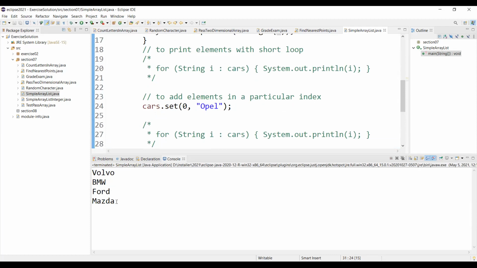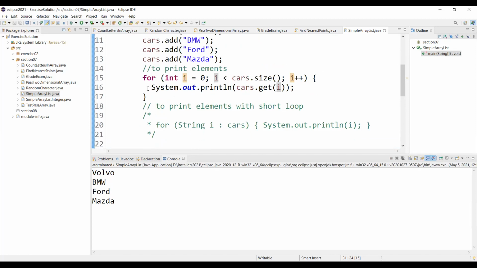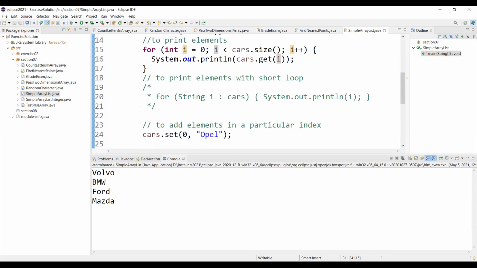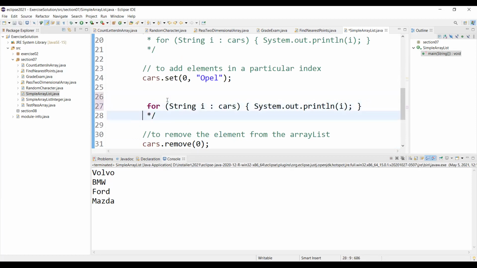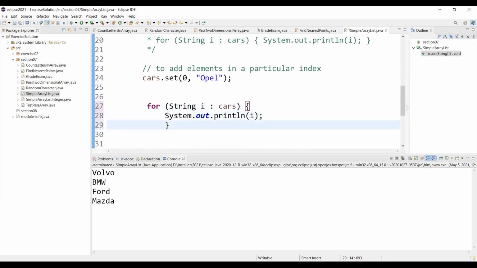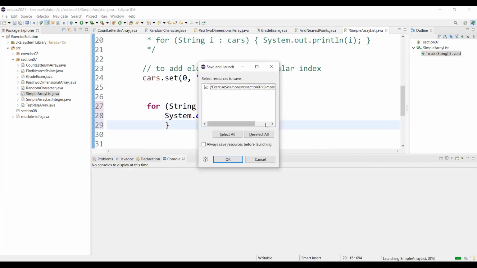Okay, we have Volvo, BMW, Ford, and Mazda. Okay. So I use this to print the element. So let's say after I modify the data, I would like to print again. So you can just delete this one. This is the comment. If you check this, actually you can just make this one String i from the variable cars, and then we want to print all the i. So i means the element. So if you run this,